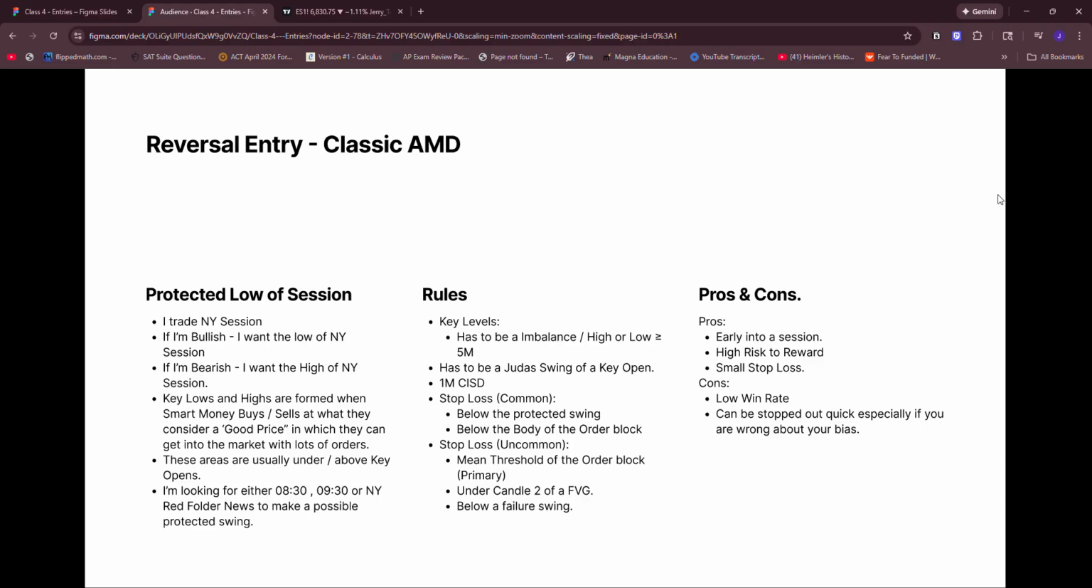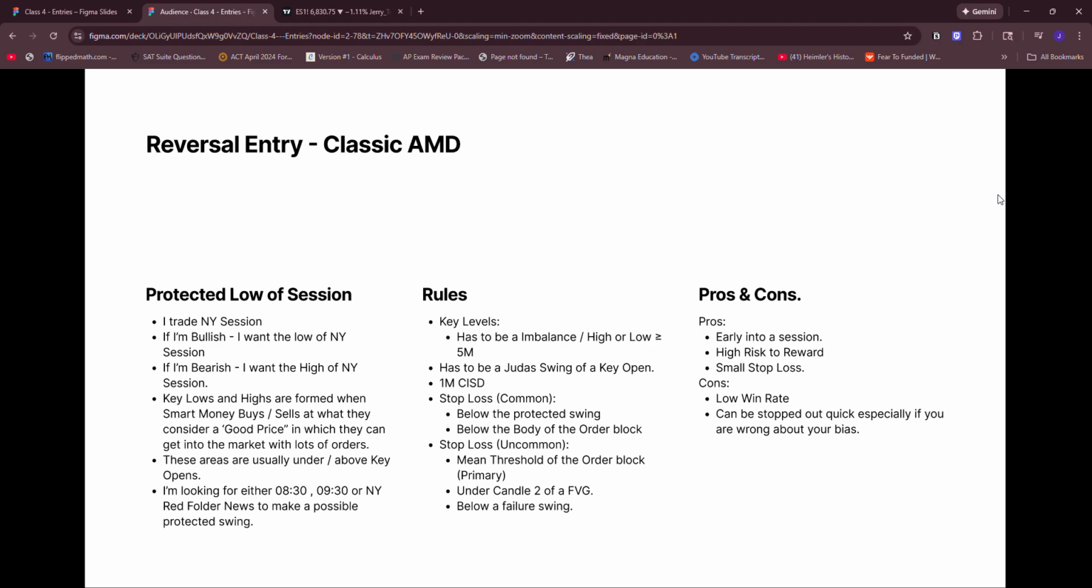So rules, right? Very simple. I don't believe in overcomplicating trading. I believe that your higher time frame buys should carry the majority of the load, and then your entries are just narrative, right? So key levels, right, has to be in balance or high or low. That's greater than the 5 minute,